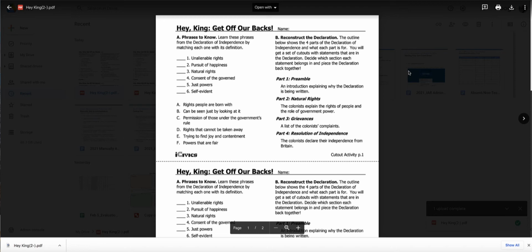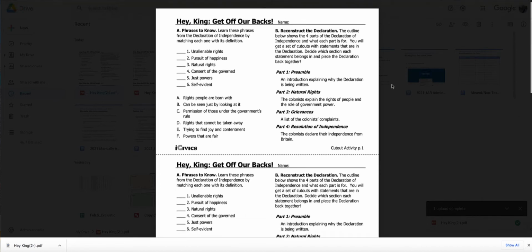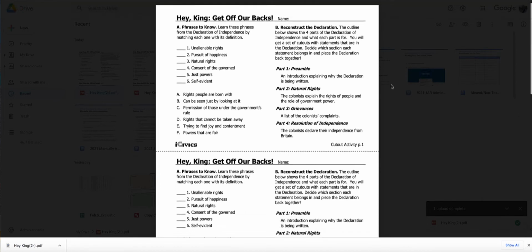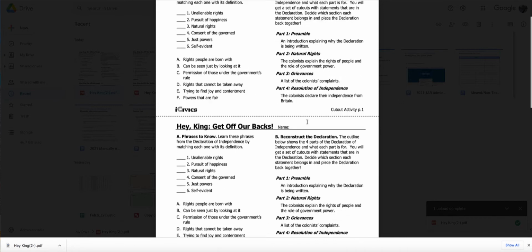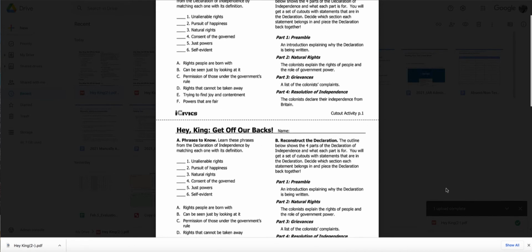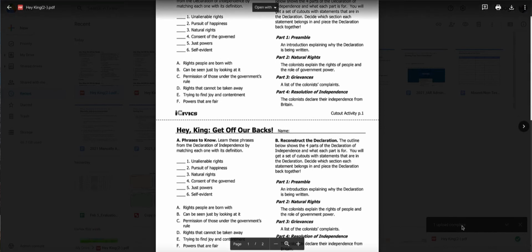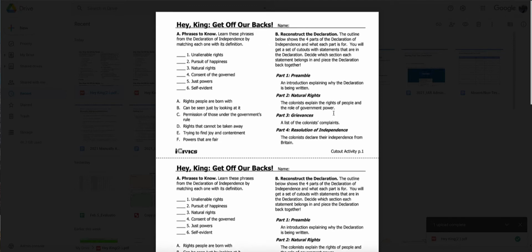All right, in this video, I'll show you how to split a single PDF page in half. Like you can see in this example here, you've got a single PDF page, but it's kind of divided into two separate activities. So how do you cut that in half so that you could give that to students as two separate activities? It's simple in a physical classroom to just cut that sheet in half,